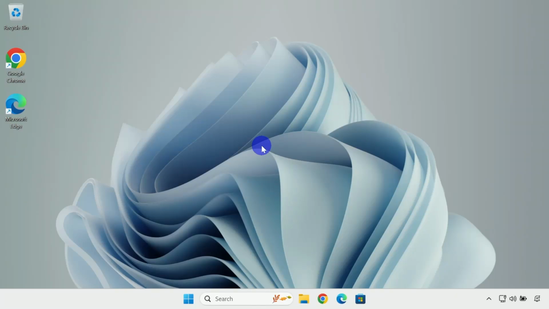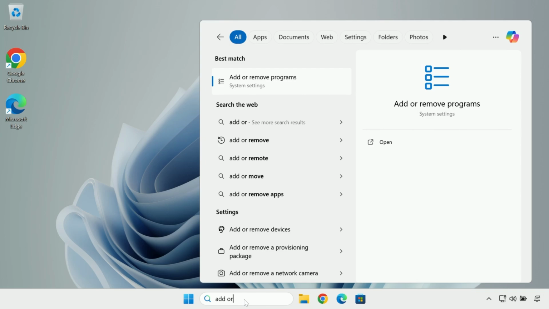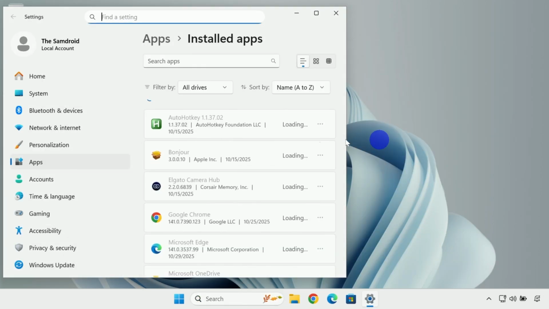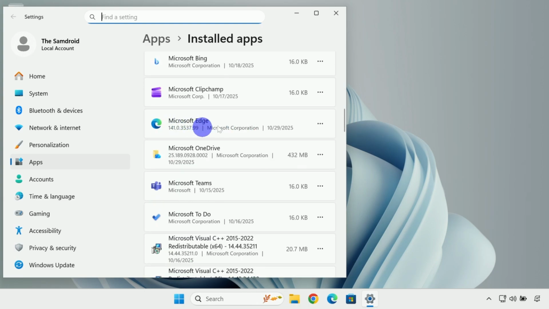You're watching this video because you want to remove the Windows Edge browser, and Windows makes it impossible to uninstall. If I click on search at the bottom and type in add or remove and open up the Windows uninstaller here and just scroll through and find Edge, it's right here, click on the three dots and it's grayed out,